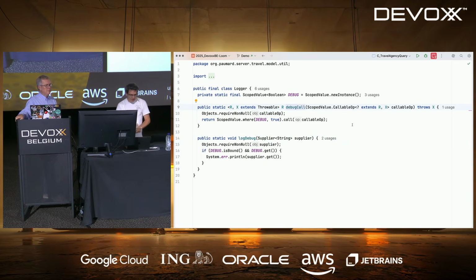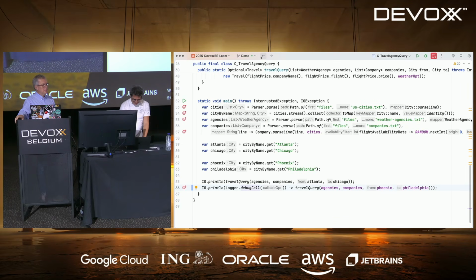And here I have a debug call that takes basically a callable. It's a callable that precisely tracks the exception. So it will propagate the right exception through it. And I will set the value of my scope value and then call the function.